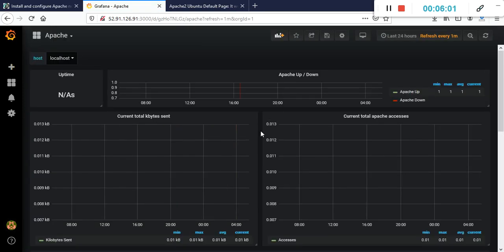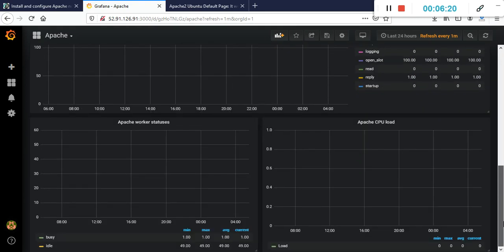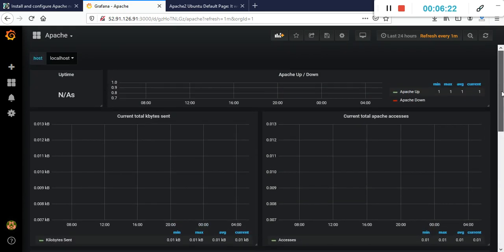So here we are getting a predefined Apache dashboard. So we are not getting data right now because we have just configured this. So we are getting only one metric, which is Apache up. We are getting one. After a few seconds and few minutes, we will get all the data in here.